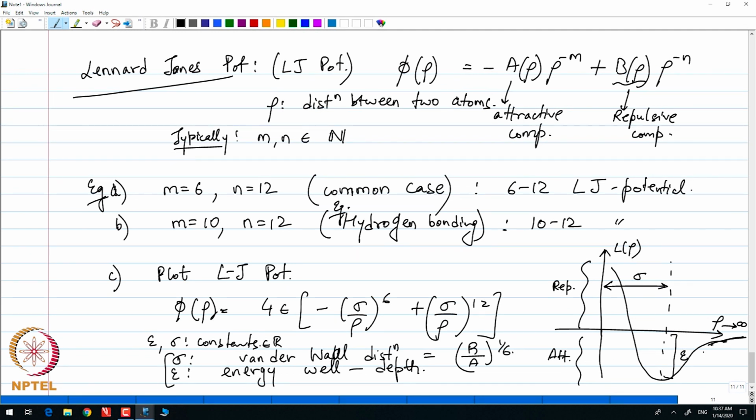So, in fact, I would say that the Lennard-Jones potential represents a medium range interaction, because well, short range repulsion, but medium range attraction, which means that if rho goes to 0, then we are in the repulsive range. If rho goes to infinity, then it is very weakly attractive. Okay. And in the intermediate range, we have some reasonable attraction via this potential.